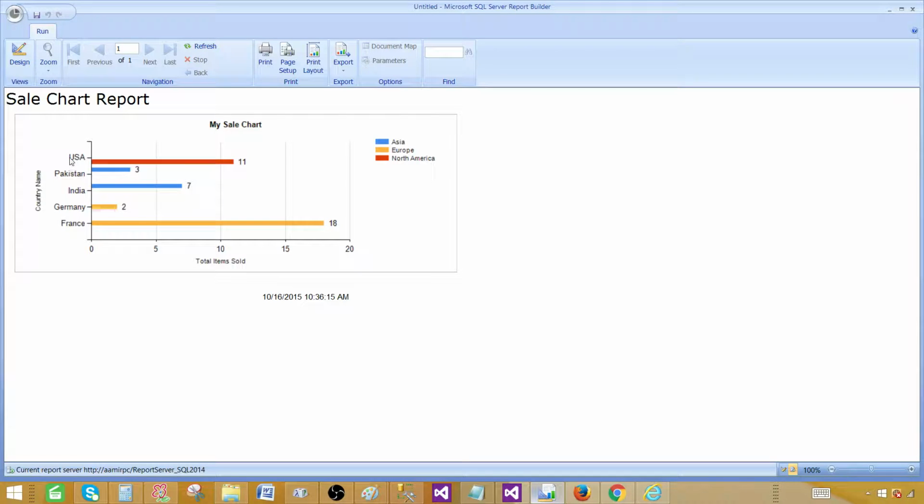And now you can see that countries are on the vertical axis and the values are going all the way on the horizontal axis. And by having the series, we see that blue is for Asia, so these countries with the blue are Pakistan and India, and then we have orange for Europe. So we can see there are two countries, France and Germany, and there is only one country in the North America region, that's the United States. So this is how you will create a bar